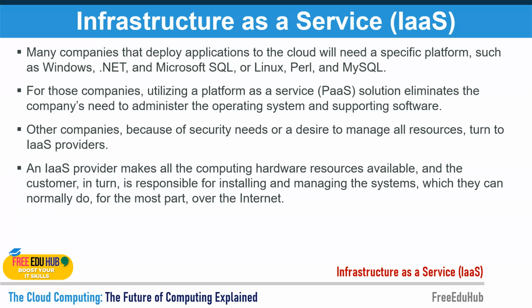An infrastructure as a service provider makes all the computing hardware requirements or resources available, and the customer in turn is responsible for installing and managing the systems, which they can normally do for the most part over the internet. So what we are doing in infrastructure as a service is this: we have a conventional data center in our office environment. Now if you don't want to host everything on premises, where you'll be responsible for the backups, the power, electricity, and all the related things required to run a data center,